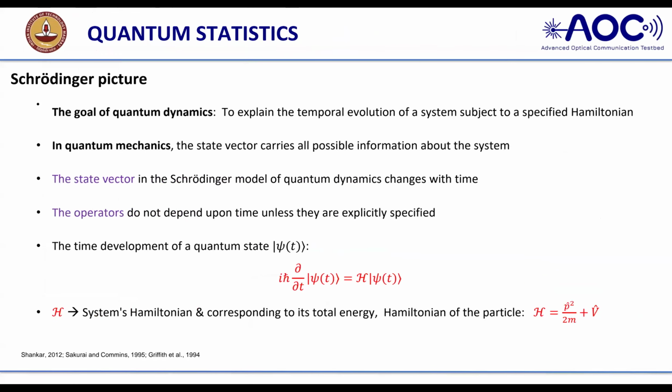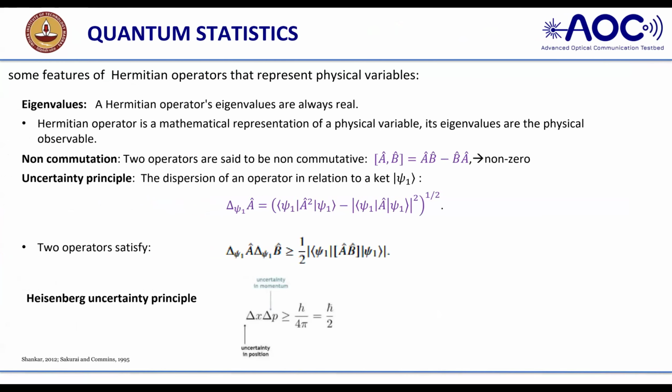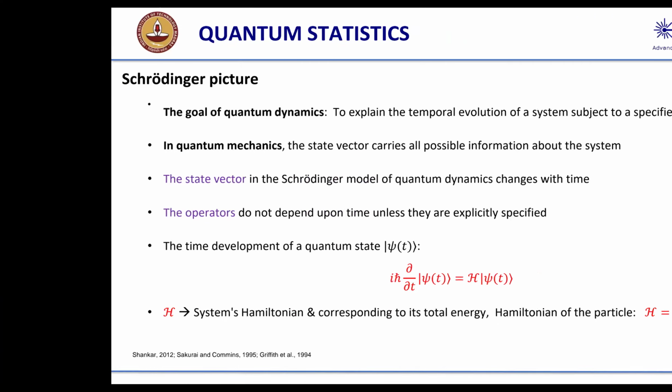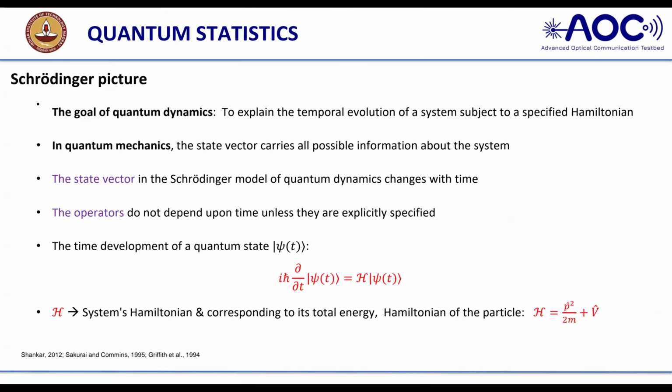Taking a point from the last slide, we understood that we have a wave function, a ket, which we can say is like the electric field, position and time. There we have an operator that will act on my ket, the wave function, and it will give me the eigenvalue, my physical observable. Another part we have seen is that we should always apply the non-commutation principle. Another very important thing is how to solve the problem in our optical link.